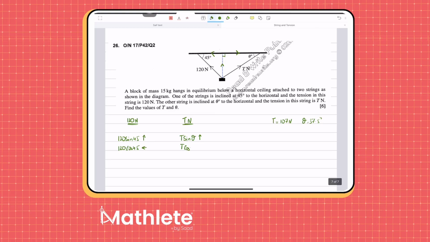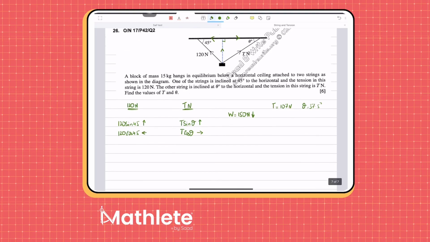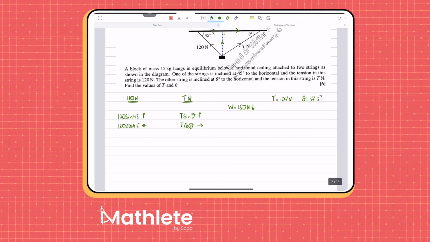T cos theta, and this must be acting towards the right. Okay, and then don't forget that you have another force, which is the weight, and that's the 150 Newton force. Weight always acts downwards. Okay, now once you've done this, then what you have to do is recall that